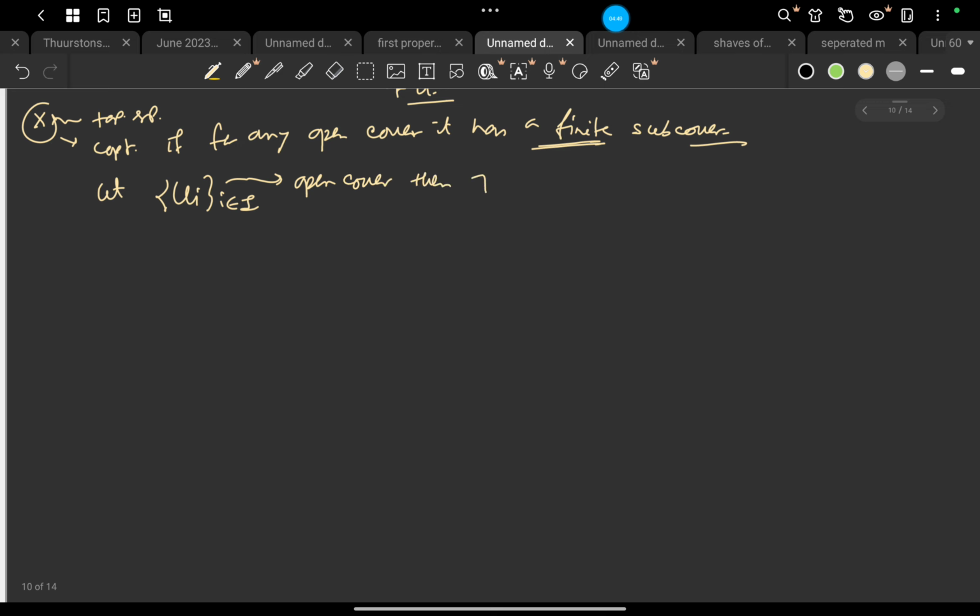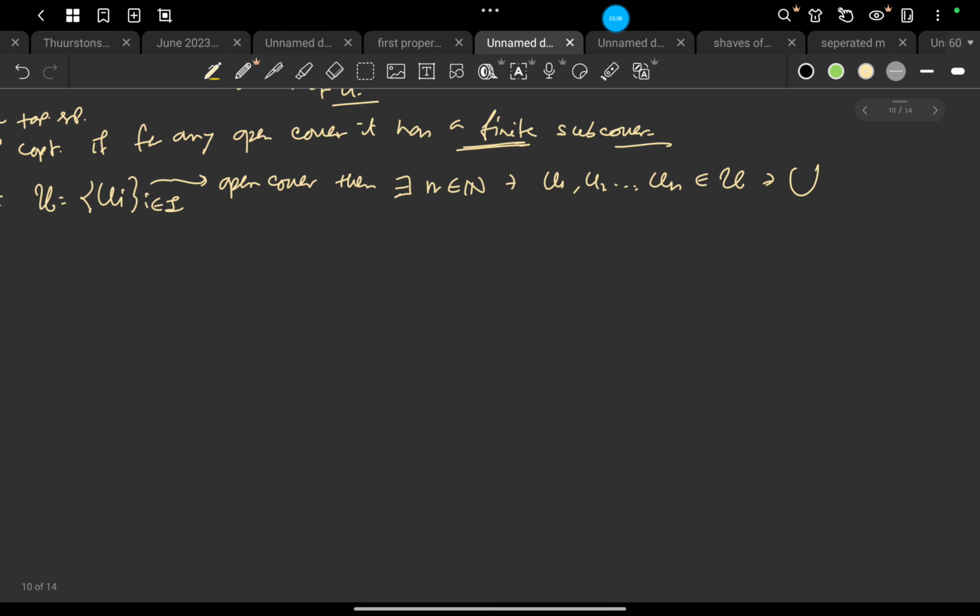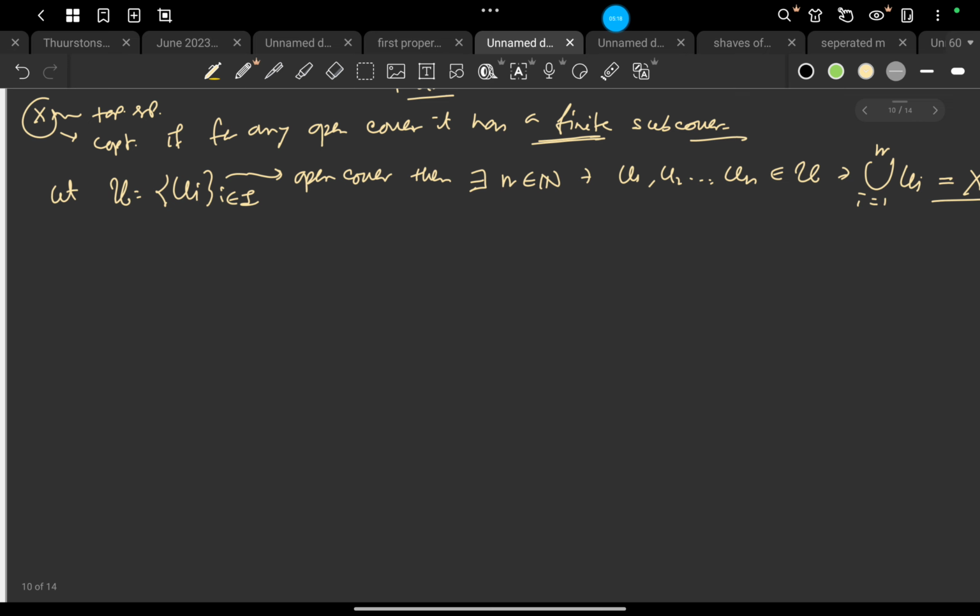Then of course there exists some natural number n such that U1, U2 up to Un, let us call this collection U', belongs to U, such that this union is itself X. Okay. So this is basically the notion of finiteness.